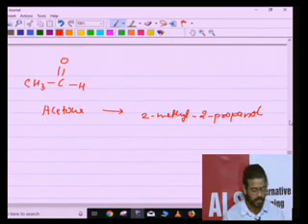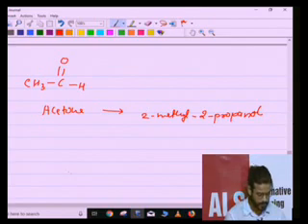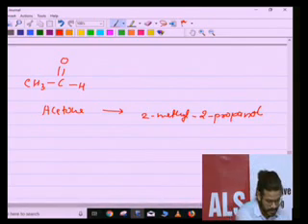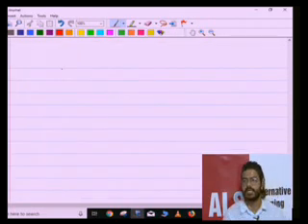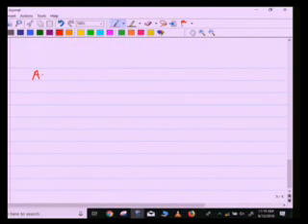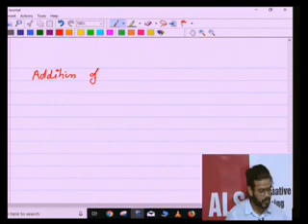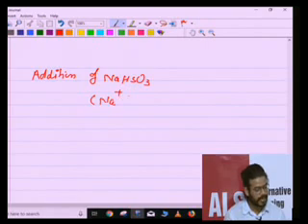Okay, then no problem. We are moving to the next reaction, which is the addition of sodium bisulfite. You guys already know what sodium bisulfite is. It is NaHSO3. So in case of sodium bisulfite, it will again dissociate to form Na plus and